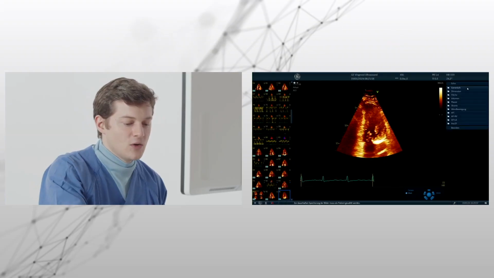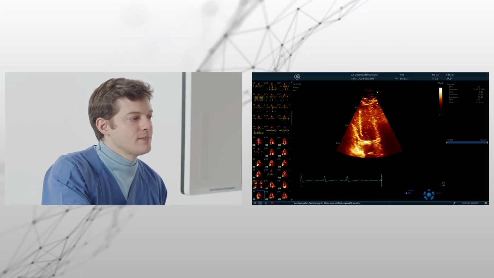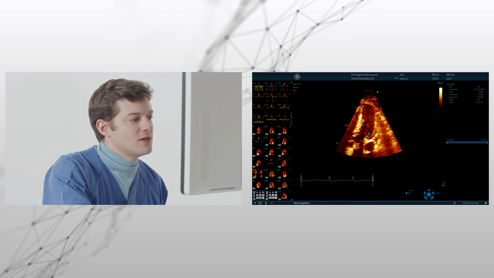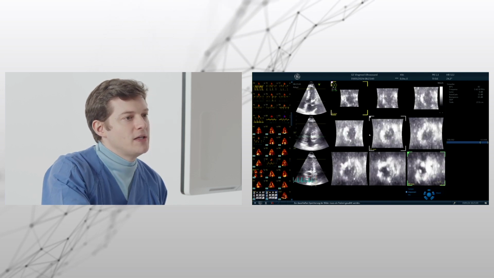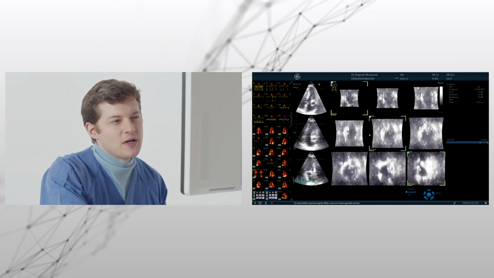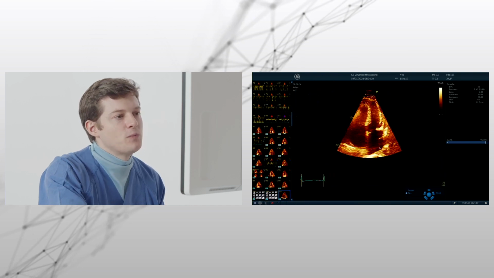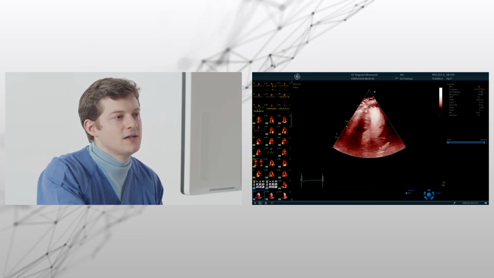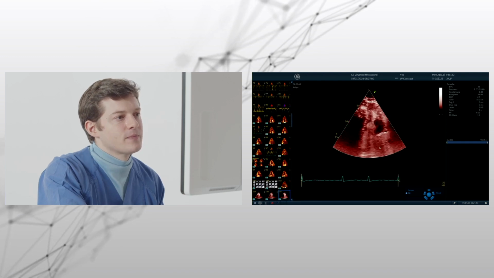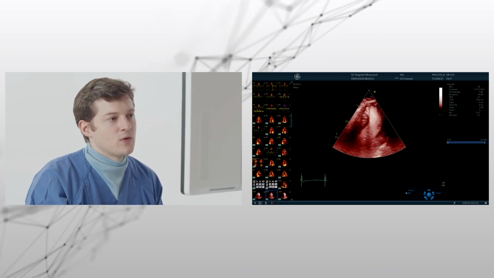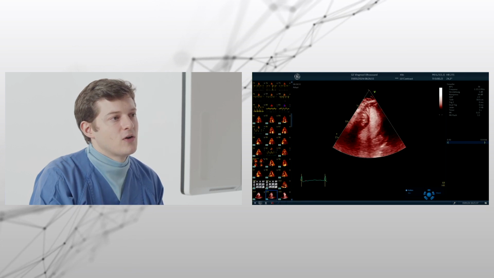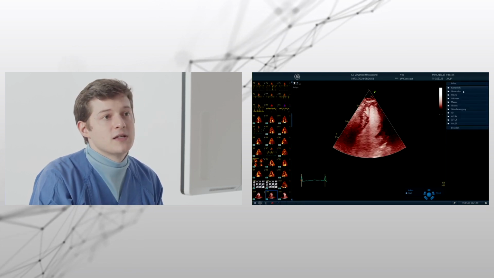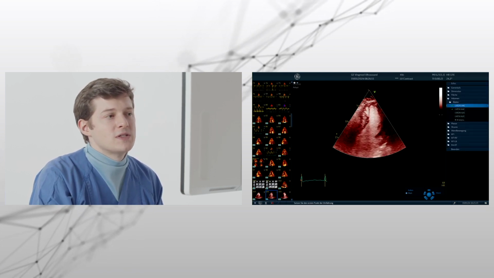The last loops we have to see, we have to continue here a little bit, are of course the 3D loops. 3D strain, 3D mass would be worth also trying, but with this image quality it might be harder. Here we have the 4-chamber view where we have the contrast, and we also can measure here the volumes, which is not that easy